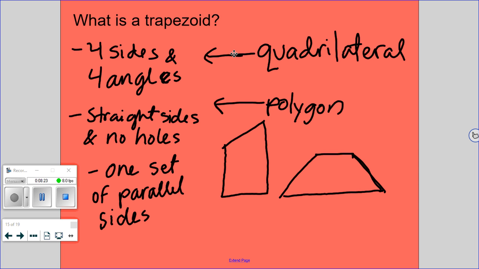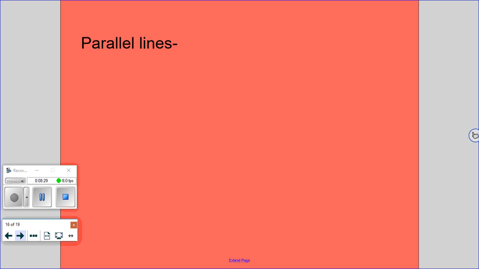So we're going to pause this, we're going to subtitle, and then we're going to come back. So your new subtitle under this, because we're going to talk about what does that mean to have parallel sides. What does that even mean? Parallel sides are when you have